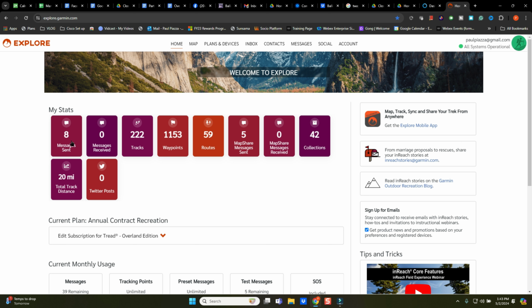So in the home app, you'll see here that I've had, in all transparency, Explorer, and I had a Garmin Overlander, and I have a Phoenix watch. I have quite a few parts of the Garmin ecosystem that all talk to this app, all talk to each other. So part of the reasons why I like Garmin is everything kind of connects together. So messages sent, messages received, tracks, waypoints you can see over time. I have a number of things in my collection. And these are stats from just the recent year is what I have it set for.